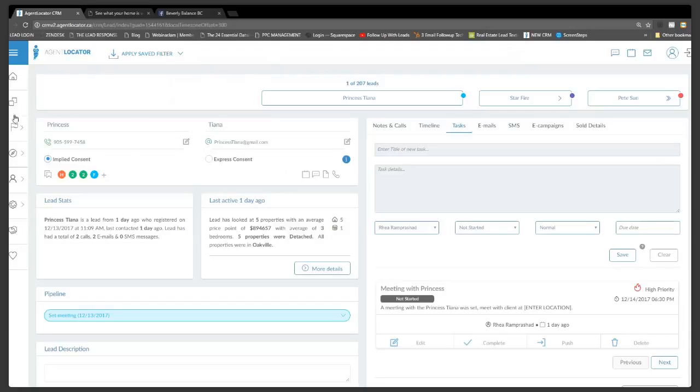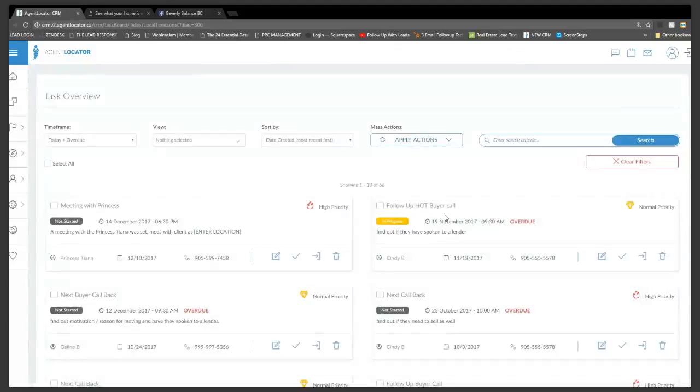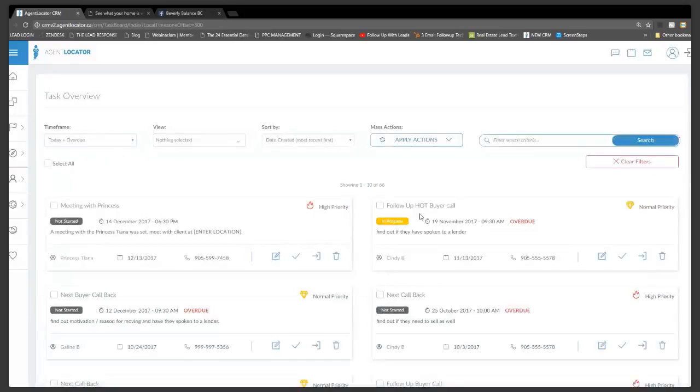When you have your tasks, you can also see the tasks that you have due by going onto the flag on the left and clicking on tasks. And you'll see any task that you have overdue. It automatically will show you today and overdue. You can go into today and mark those tasks off. Definitely today and overdue is the default because nothing should be overdue because you should have done everything yesterday, but